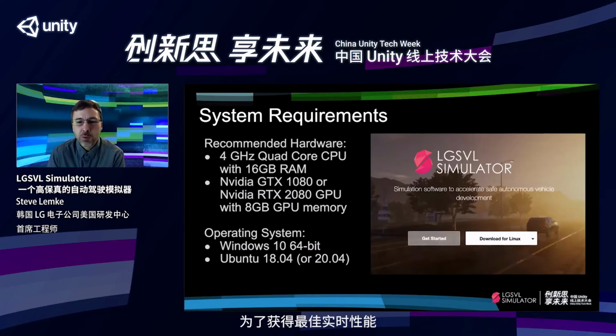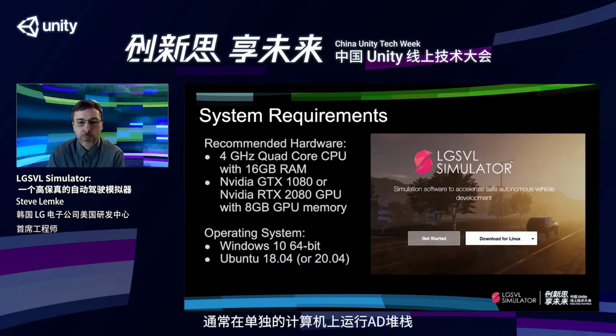For best real-time performance, we recommend NVIDIA GTX or RTX graphics card with at least 8 GB of GPU memory. Some GPUs have 11 GB or more, which is even better. Older GPUs may have issues supporting HDRP or Vulkan if on Linux, and many have less than 8 GB of memory. GPU memory is really important when you want to simulate complex 3D environments, particularly if they contain a lot of unique textures, and especially if you're going to try to run the AD stack on the same machine as